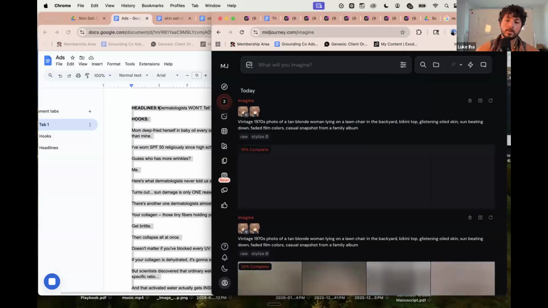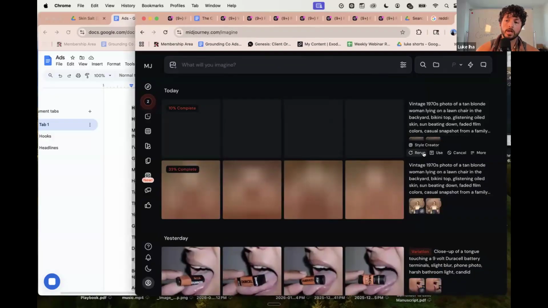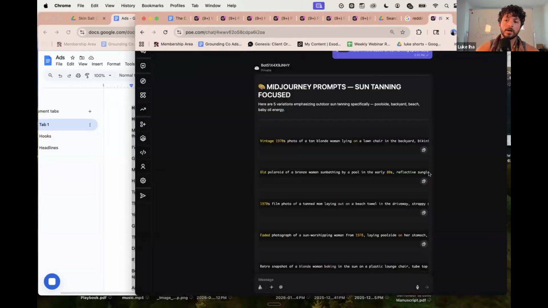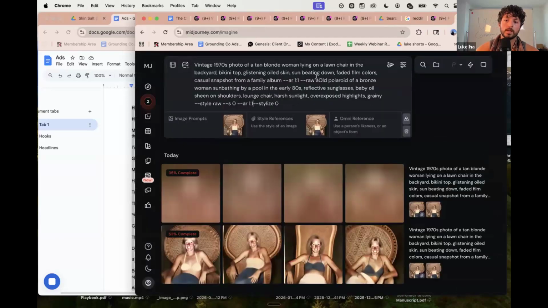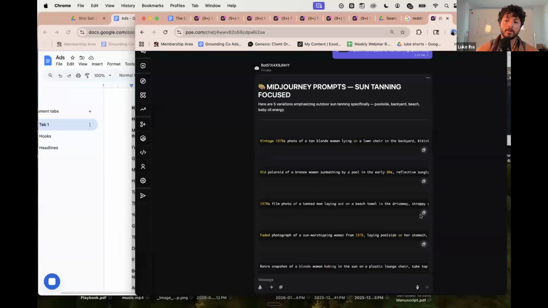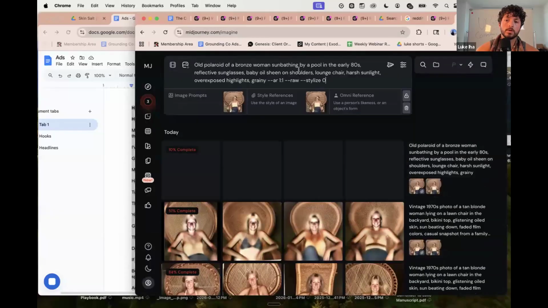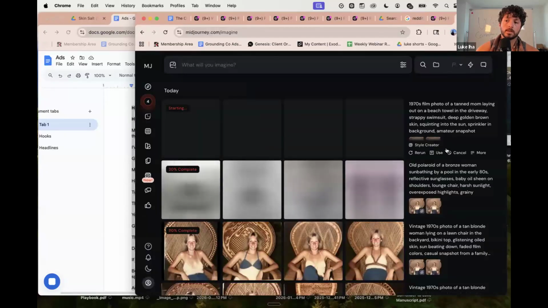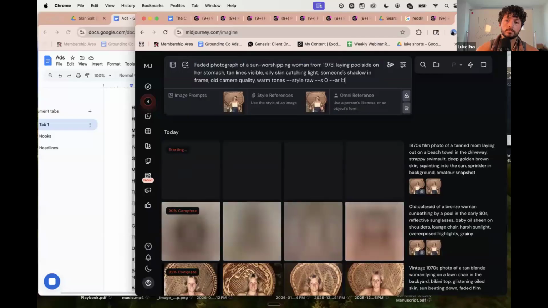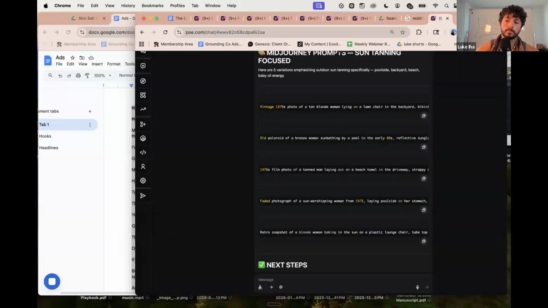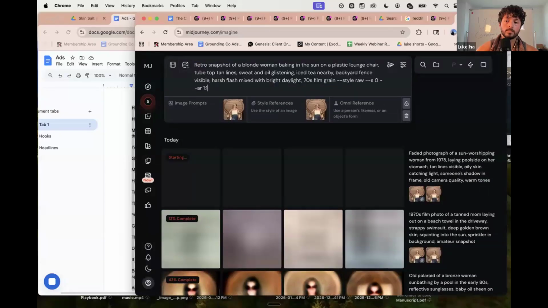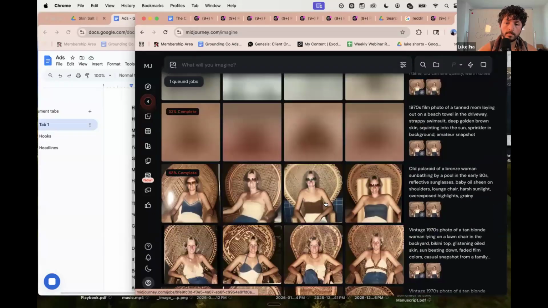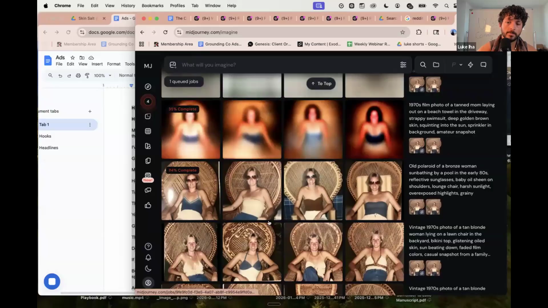And then what I typically like to do with Midjourney is you come in here, you just hit use. It'll use the same references again, and I like to try a bunch of different prompts. I mean, that's pretty much the way AI works. You've got to have iterations. So I'll hit use. Boom. Come in here, I'll hit this. Come in here, I'll hit use. I mean, these all look pretty real, right?